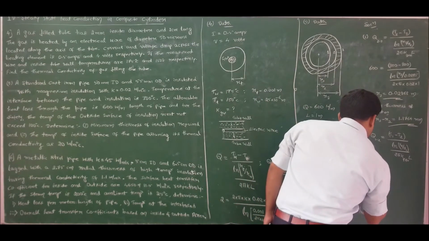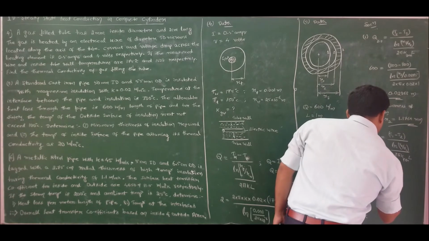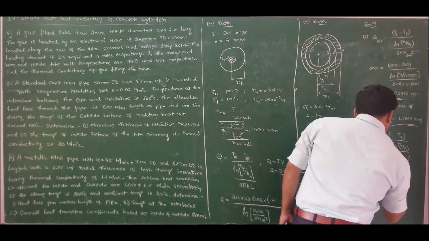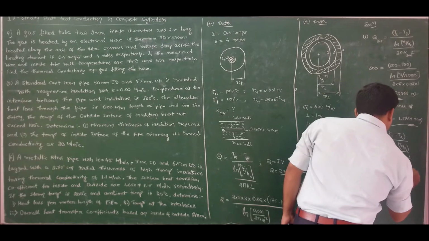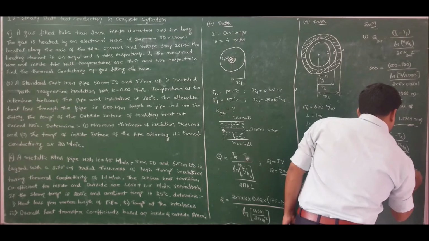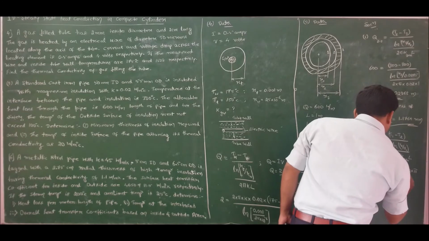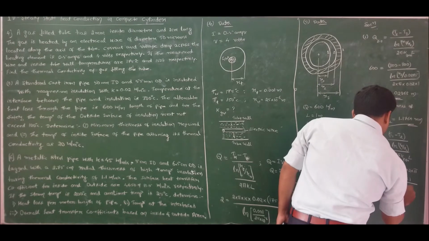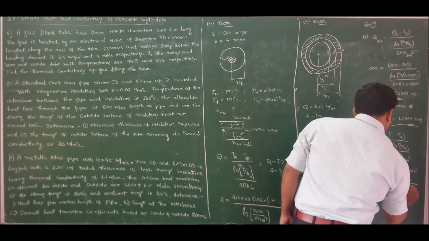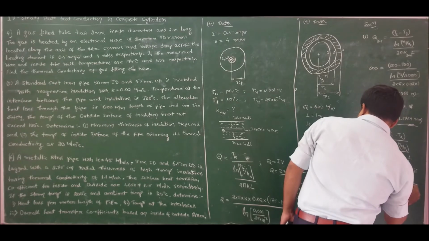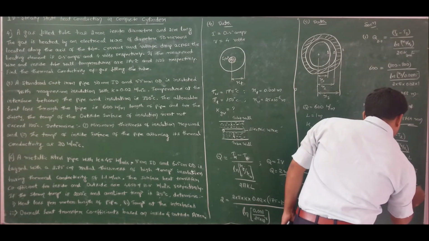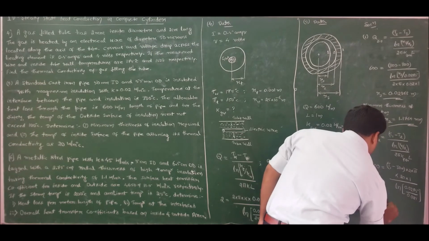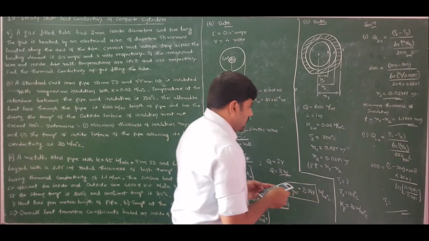So therefore 600 is equal to (T1 minus the known interface temperature, 300) into 2 into pi into K of pipe, which is 20, into length, which is 1 meter, divided by log base e of R2, which is 0.0275, divided by R1, which is 0.025. So if I solve, I will get the value of temperature T1 as